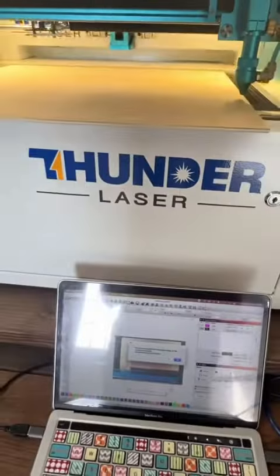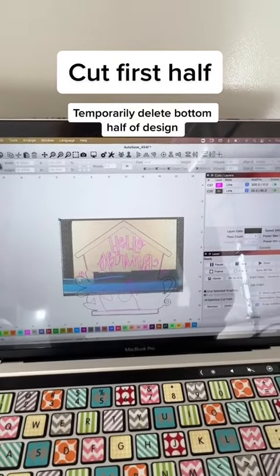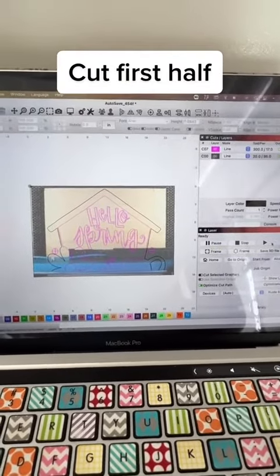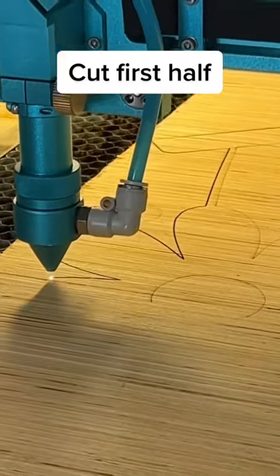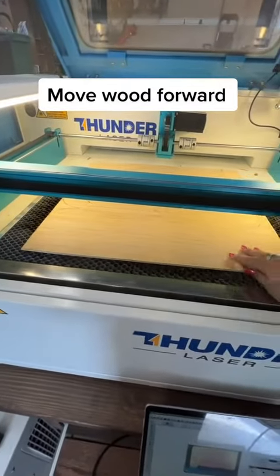Start. You know what I forgot to do? I forgot to remove this bottom half of the design that we cut off. So, cut and start. Okay, I'm going to move the wood forward so that this bottom half is...